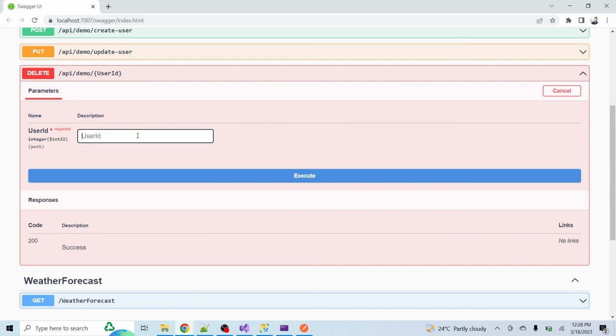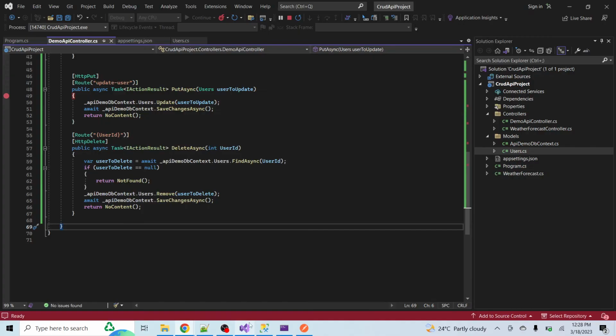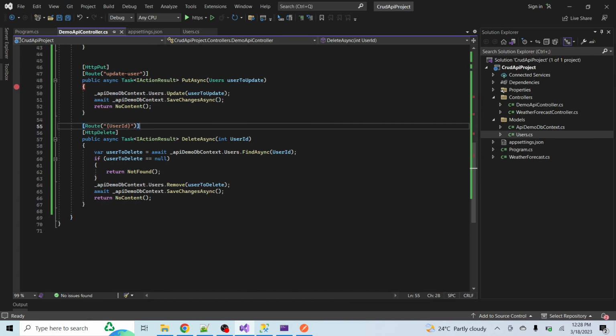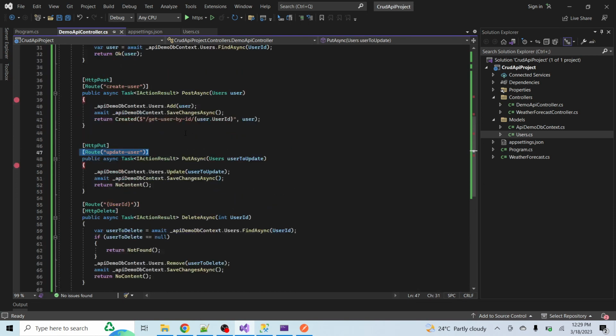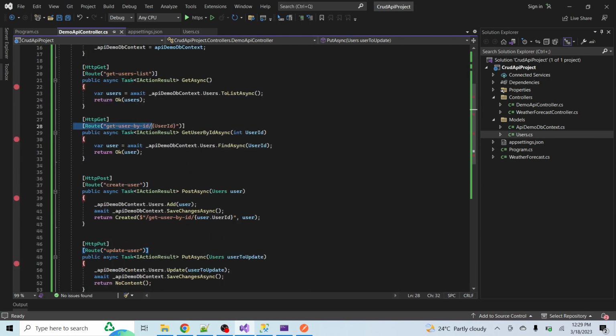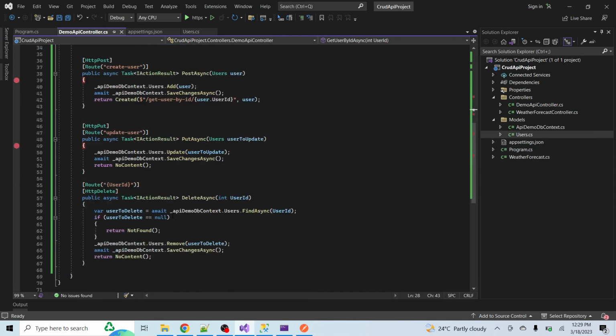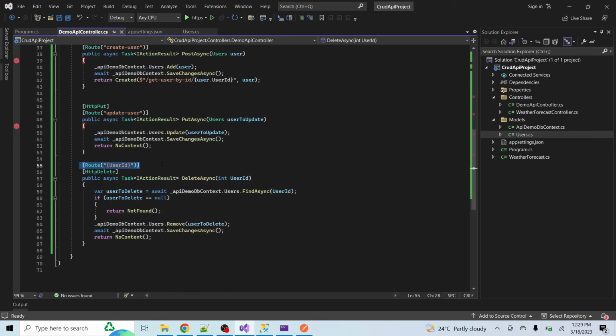I want to delete the user with ID 4. But first I want to give here a URL to the API. Now let me copy this URL and paste here, like in this way. Delete,